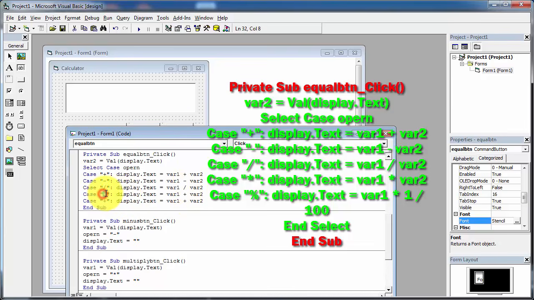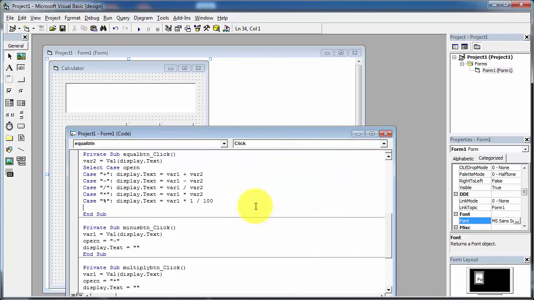Now next is multiply, the value of variable 1 and variable 2 will be multiplied, and last one is the percentage. We simply write variable 1 into 1 upon 100, then end the select case and end select.